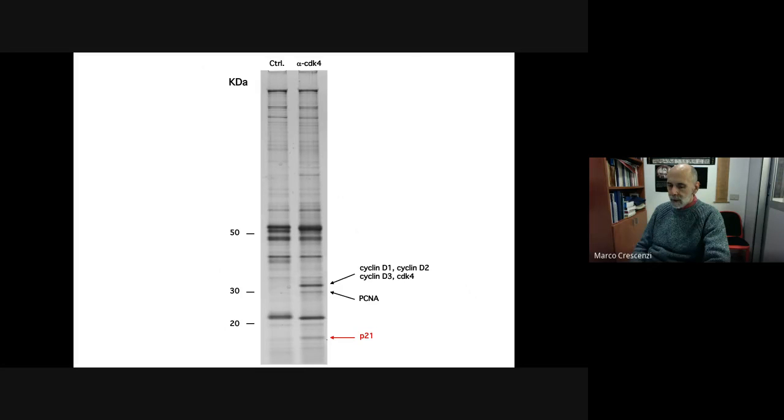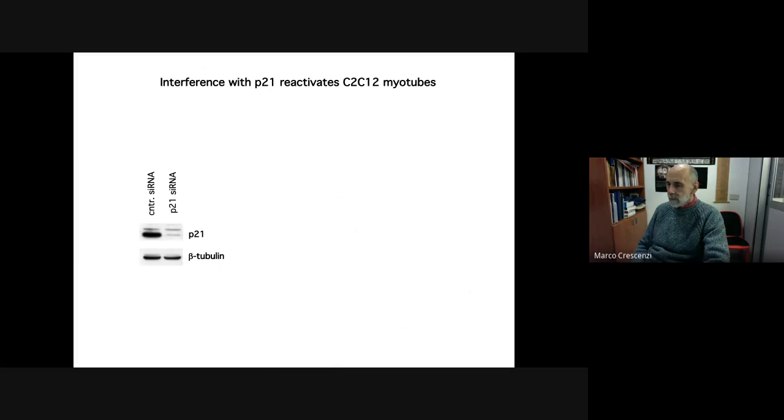So probably you are guessing what we did next. We suppressed the expression of P21 by siRNA, by RNA interference in myotubes. Here is P21 levels expressed in control myotubes, and this is after interference. You see, it was deeply downregulated by the interference. And to our surprise, when we did this experiment,